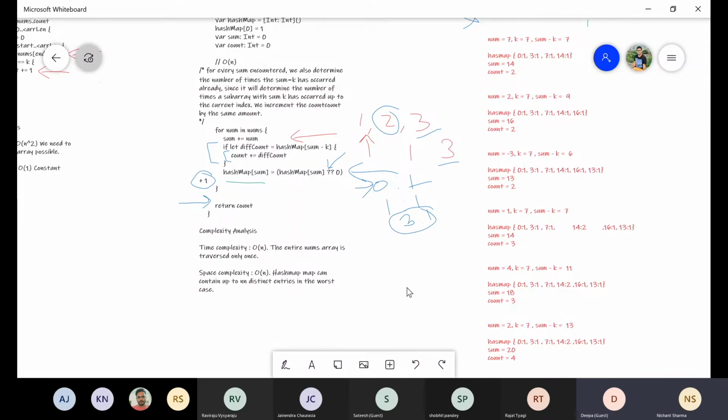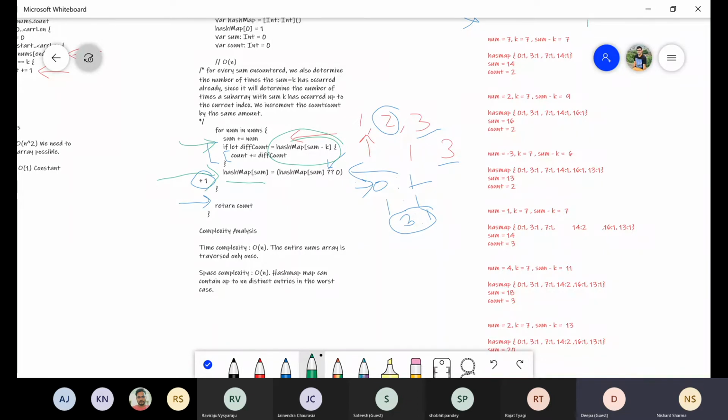We are trying to utilize that logic here only. Basically, when we calculate this sum variable and make the entry into the hash map, we are doing the same thing again. At any point of time, we are making an entry of the sum value into the hash map. When we are saying hash map of sum minus k, we are saying that I need that particular subarray sum instead of having a sum of 0 to j. I do not need that sum, I just need i to j. That is the logic here, which signifies the optimization part.